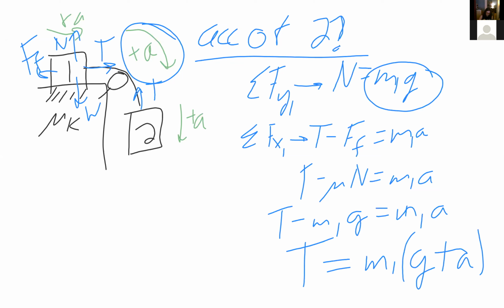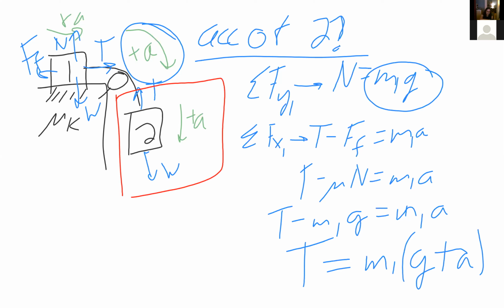Then what we would do, and this is the part that's a little trickier, is we go ahead and look at block 2. Notice that block 2, I already have the tension on it. Block 2 also has a weight downward. And what I'm going to do here is sort of section off block 2. I know that I said downward is positive acceleration,